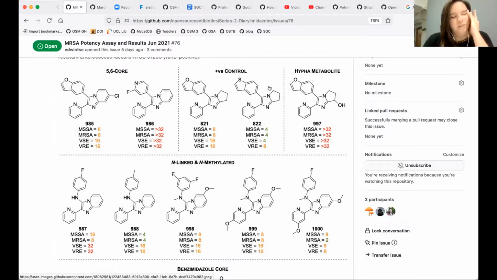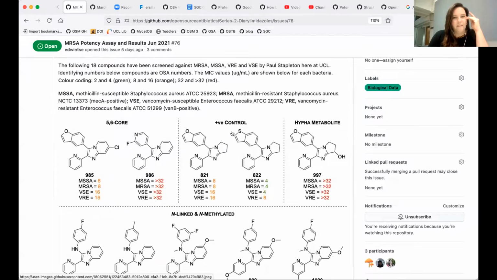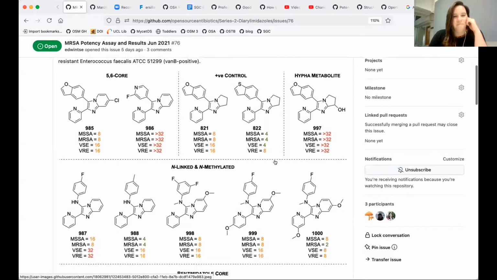I've made some attempts to do that, and I haven't gotten it to work yet. Then I kind of gave up and didn't come back to it, but I can come back to it and see if I can make it. I think Ben suggested trying a Negishi coupling, so I have to go back and look at what I've tried already. But I did try to make that, and I think it would be interesting. And are you suggesting that because we're persistently getting higher activity with this kind of compound? Is there a reason for the suggestion?